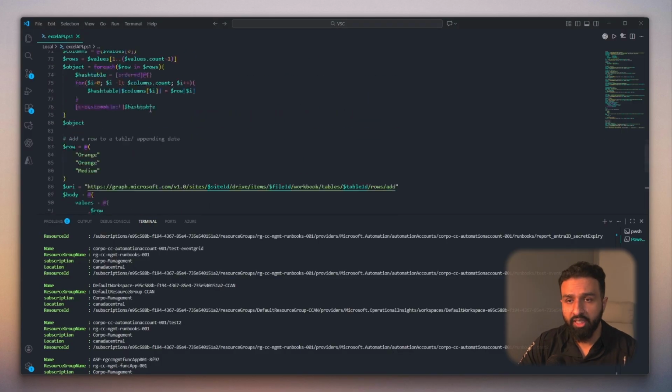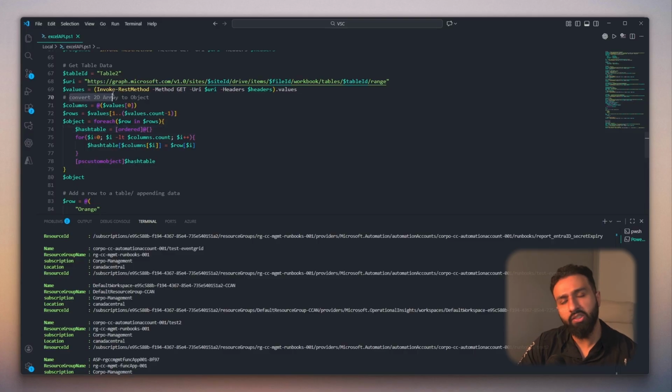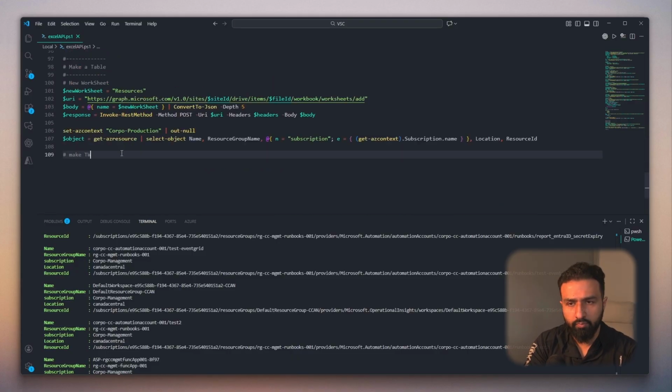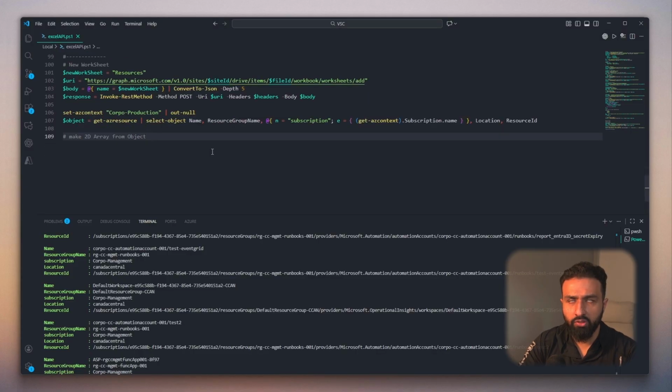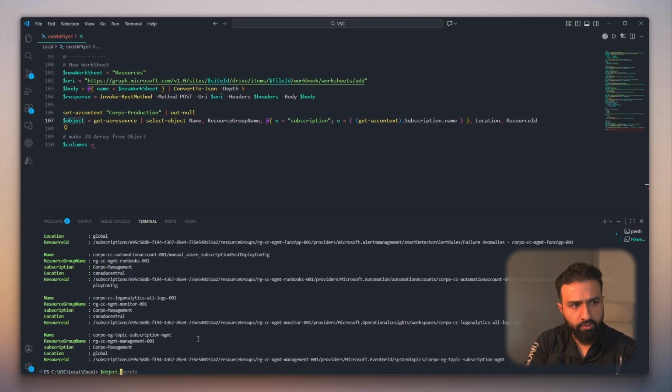Okay, so now we're going to do the same thing here, but we're going to do it in reverse. So this was taking a 2D array and making it into an object. Now we're going to take an object and make it into a 2D array so we can push it in. So how do we do this? Is the first row is going to be the columns, right? And I want to separate them out for a reason. In objects, if you wanted to get the properties, you can do 0, select the first one, PS custom object